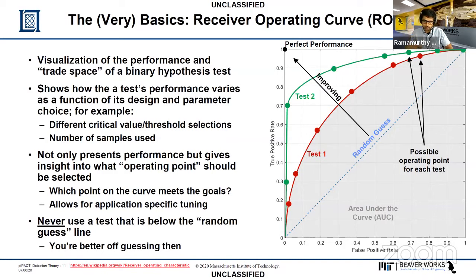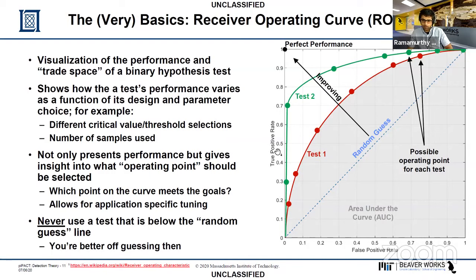theory, detection characterization. What you have here on the x-axis is the false positive rate, so those are false positives, and on the y-axis is the true positive rate. The easier way to think about this is the hit ratio, when we correctly declare H1, and here is when we incorrectly declare H1. If you think about where you want to operate on this graph, you want to operate way up here in the left corner,